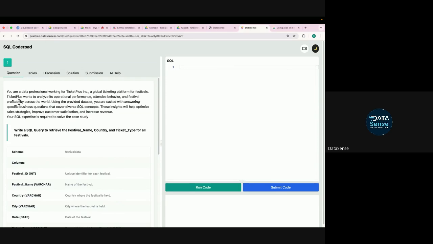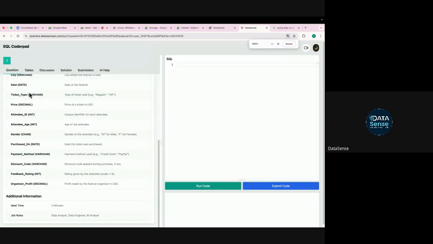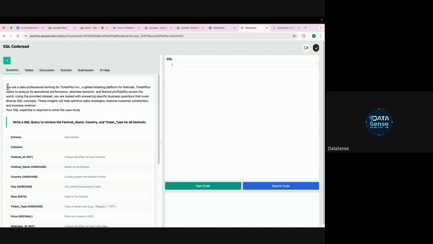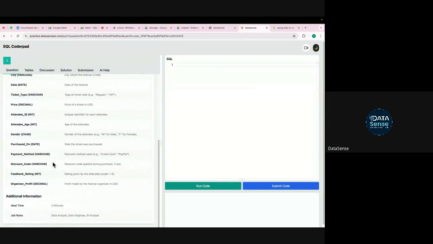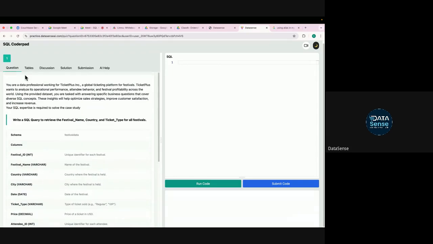So, just to share, this is the tab that you're having. You will have the question here, the scenario basically. Then you will have the question, the schema of the table, and some additional information will be available soon. Then in the table section,